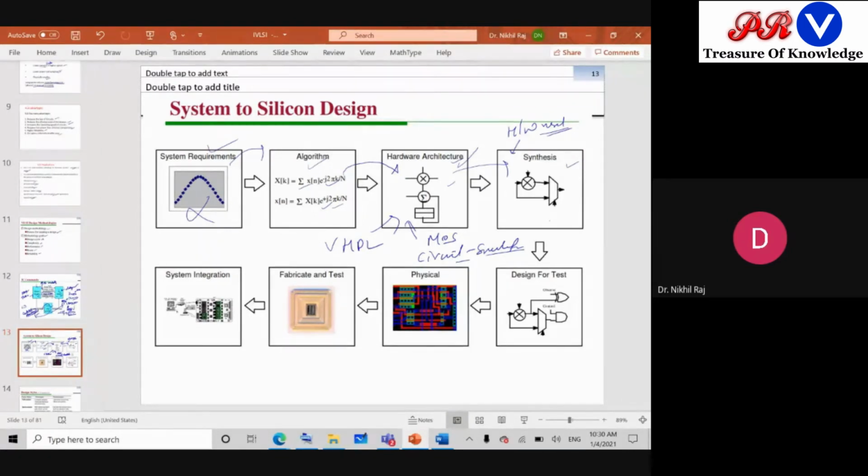Maybe you have done some hypothetical operations, or connected the circuit in such a fashion which in real time is not feasible. Connecting the circuit is one thing, but in real time when we implement the circuit it has to obey all the laws. So at that time synthesis can fail, so synthesis gives you the confirmation. Once synthesis is successful, it means your circuit, your coding, everything is fine, and it can be mapped in real time also. So once synthesis is completed, then we go for the DFT process.